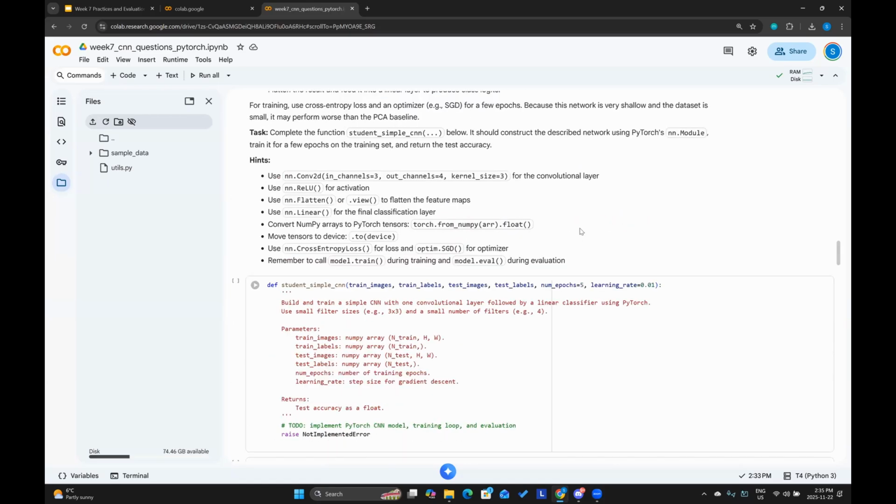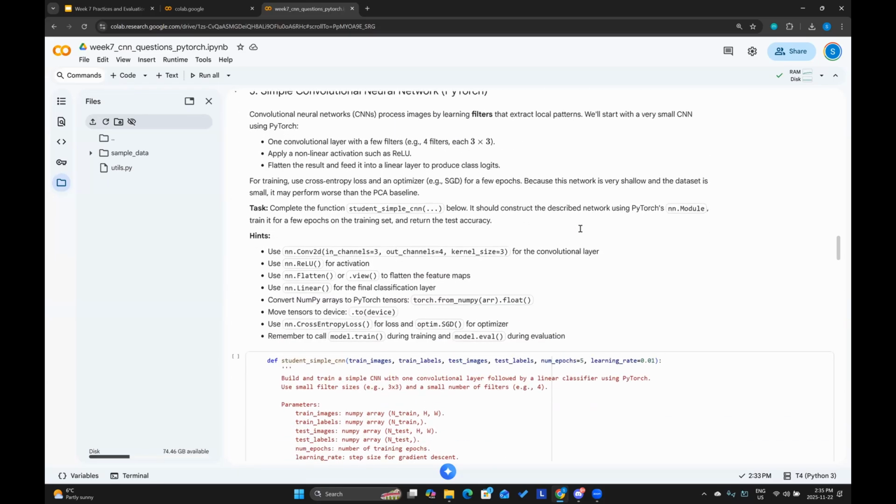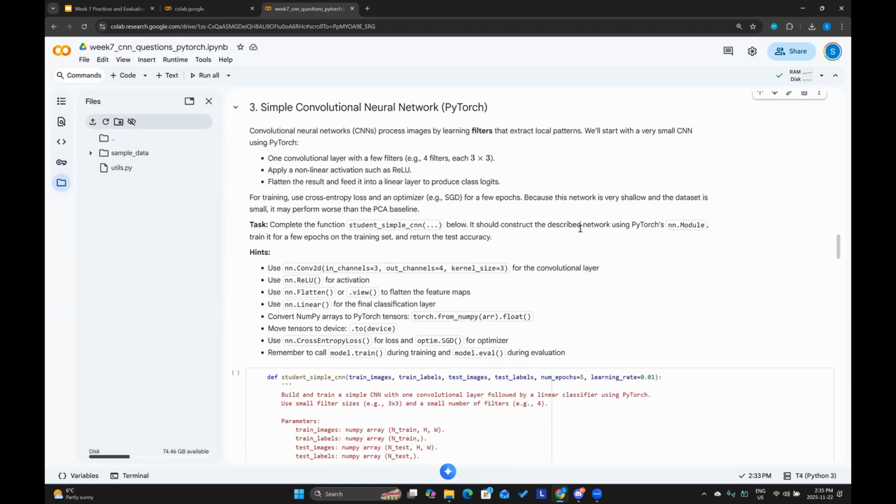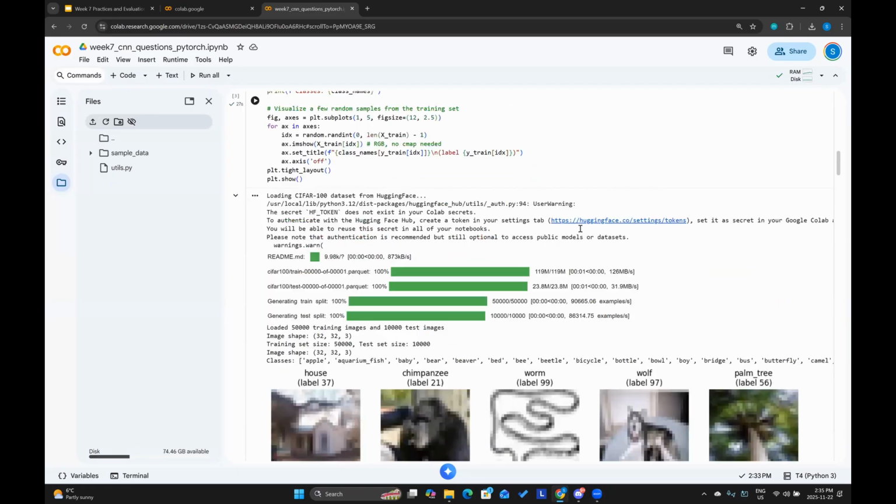Okay. So this next part, we're just going to code up a simpler convolutional neural network. How do convolutional neural networks work? Essentially, they process images by learning filters to extract patterns. So let's say you have an image, if we go back to our images from earlier, like say we might have a network that